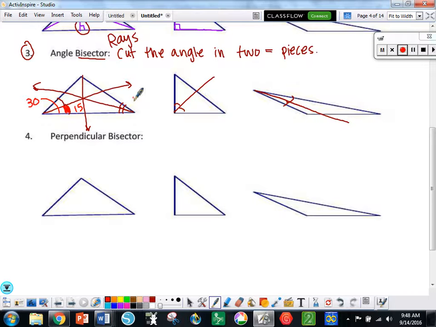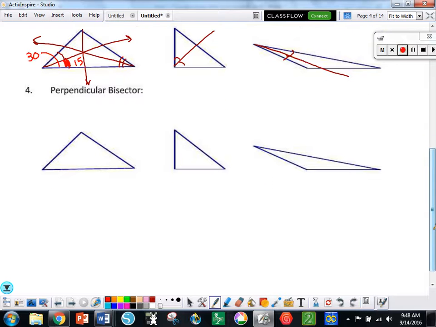That's different. You also have a perpendicular bisector. Well, perpendicular means what? It's crossing at a 90. Bisector means it's cut in half, right? So this is what it would look like. If it has to hit at a 90,